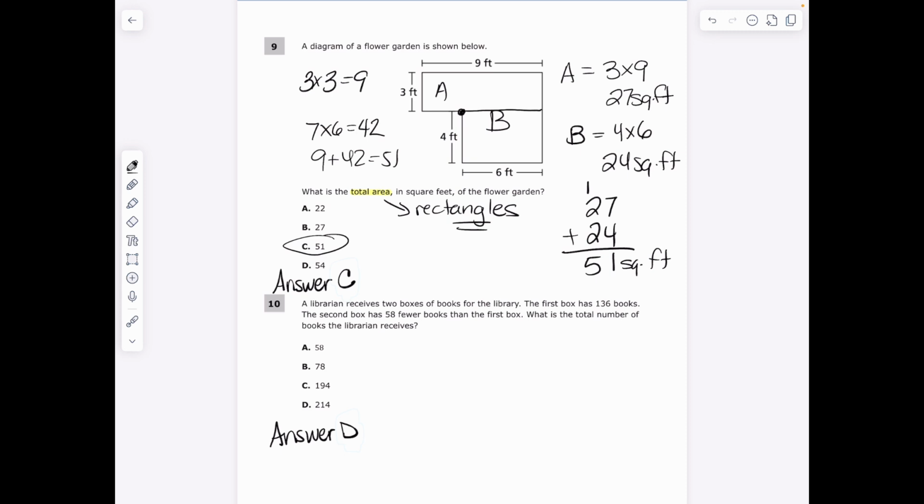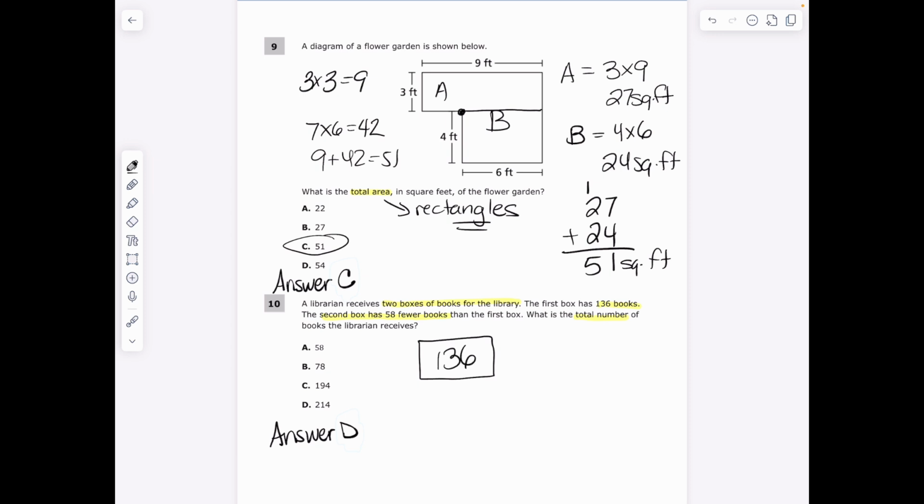With the next one, we have a librarian has 2 boxes. The first box has 136 books. The second box has 58 fewer books than the first. And what is the total number? And I'm going to give you a secret. The first time I did this, I was so wrong because I didn't pay attention to the total number. But we'll start with what's in the first box,